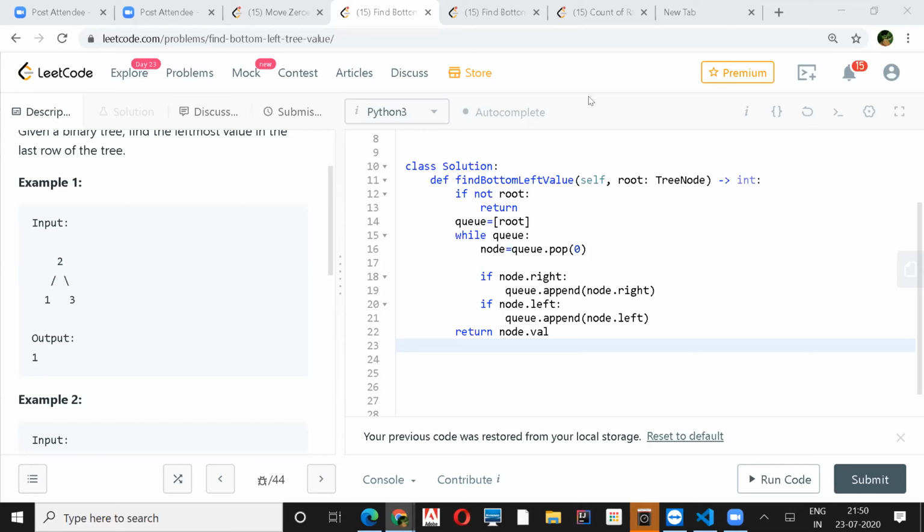But in BFS, we only need to save the number of nodes at one level, and the maximum the level can grow up to is n by 2 nodes. At the lowest level, we can have a maximum of n by 2 nodes, even if it's a complete binary tree. But in DFS, if your tree is skewed, the space requirement can grow up to n, linear O(n).